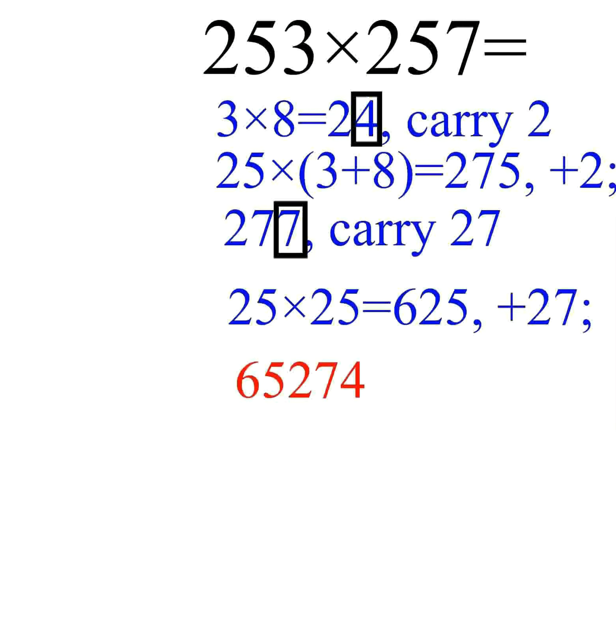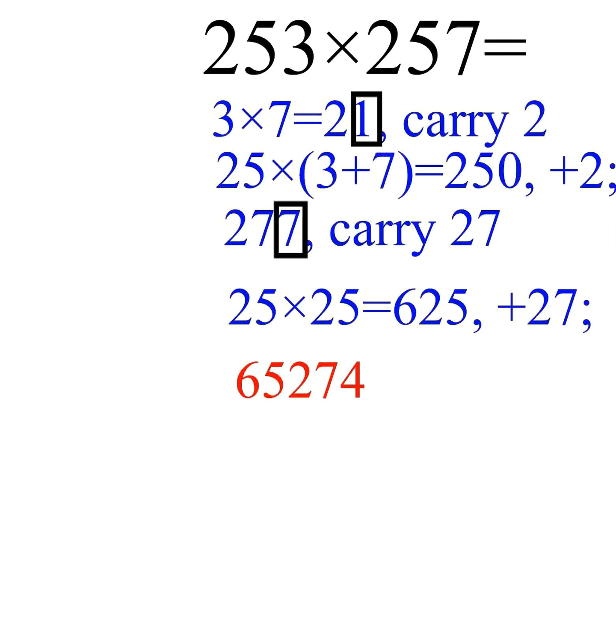So here in the first step we got 3 times 7, which is equal to 21. And in the second step, instead of adding 3 and 8, we got 3 plus 7, which is equal to 10, and that would be